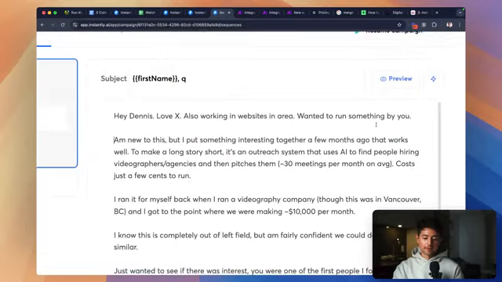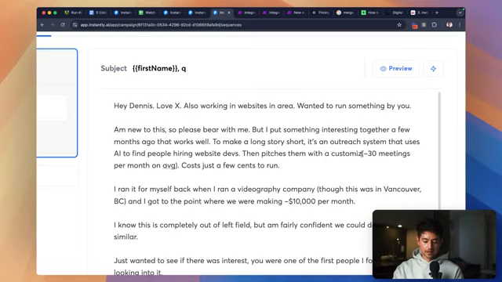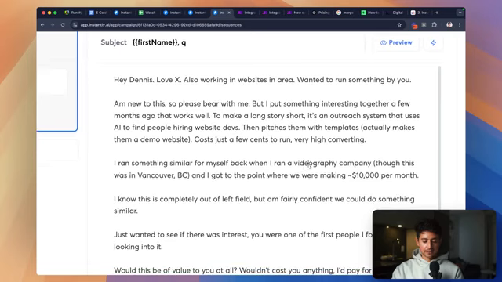Very similar. Okay, anyway, so please bear with me, but I put something interesting together a few months ago that works well. To make a long story short, it's an outreach system that uses AI to find people hiring website devs, then pitches them around 30, customized. What templates? Actually makes them the demo website. High converting. I ran something similar for myself back when I ran